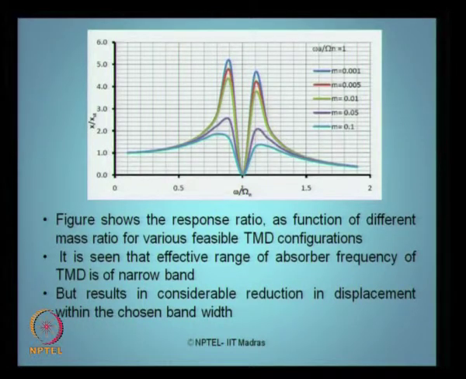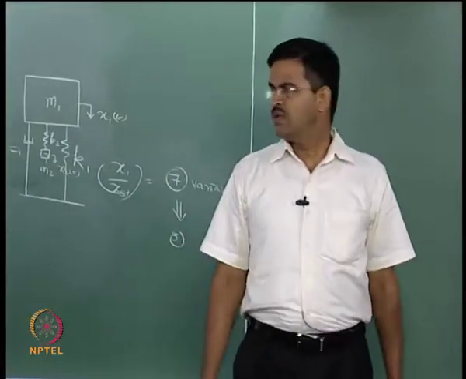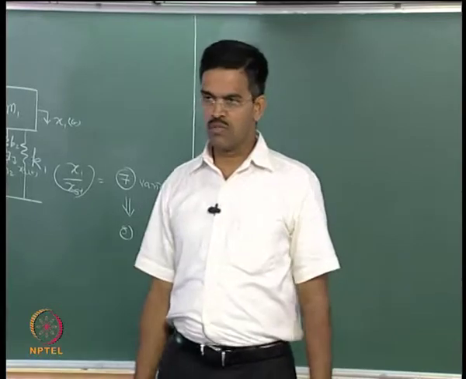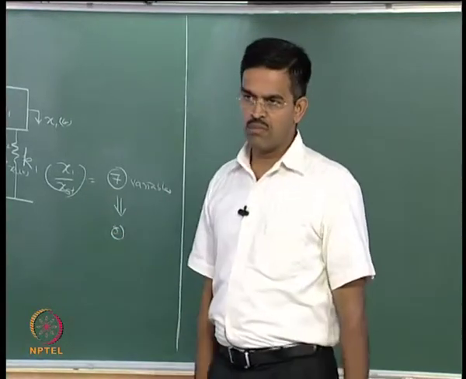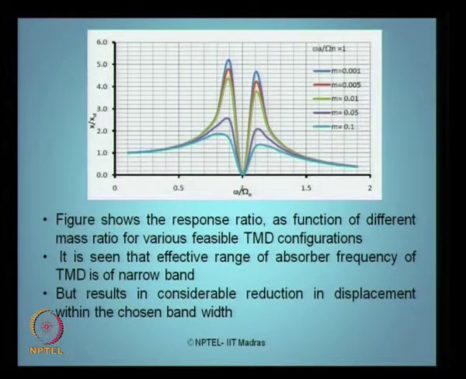The important observation we made from this figure in the last class was that at resonance, that is when the excitation frequency omega matches with the fundamental frequency of the primary mass system sigma n, we see that the response practically comes to 0. That is an analytical solution, because this cannot be tried experimentally: when you excite a model or a scaled system at its natural frequency, tuned to the frequency ratio of the model, it will damage the model. So, we cannot actually study this experimentally.